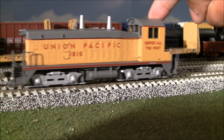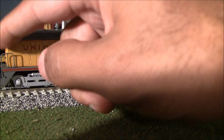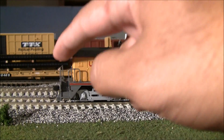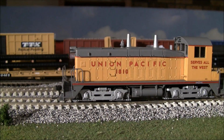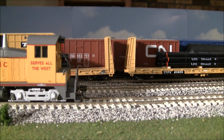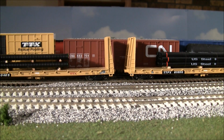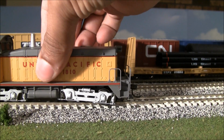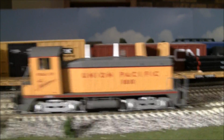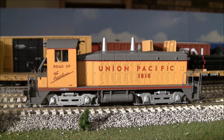But anyway, nice details. Got silver trucks. It's got spring-loaded couplers. Not very many handrails, but on the front and the back we do have handrails, and they're durable, but they're kind of thick, so not the best size handrails, but maybe they needed durability for that. Serves on all the west, it says on one side. On the other side it says Road of the Streamliners, so pretty nice locomotive. It's got an interior figure, but like I said, this is just a mini review,